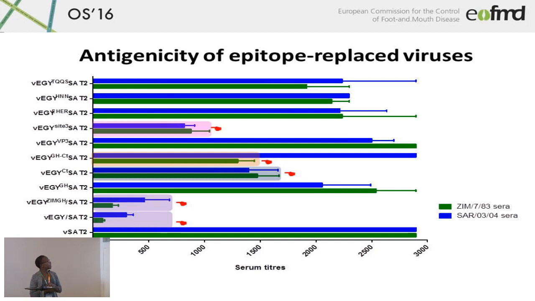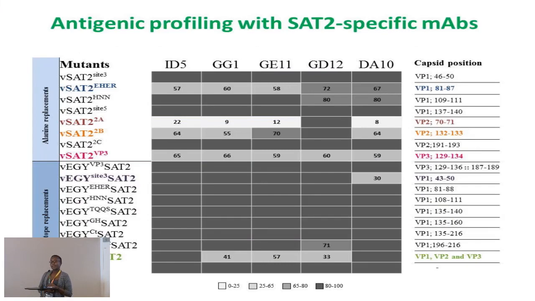And then with the replacement of region 46 to 50 in VP1, the SAT3 mutant, we found that there was a reduction in reactivity to both sera, and we think that this site here might play the role of a decoy epitope. Then we went on and did antigenic profiling of these mutants against the SAT2-specific monoclonal antibodies, courtesy of Pirbright